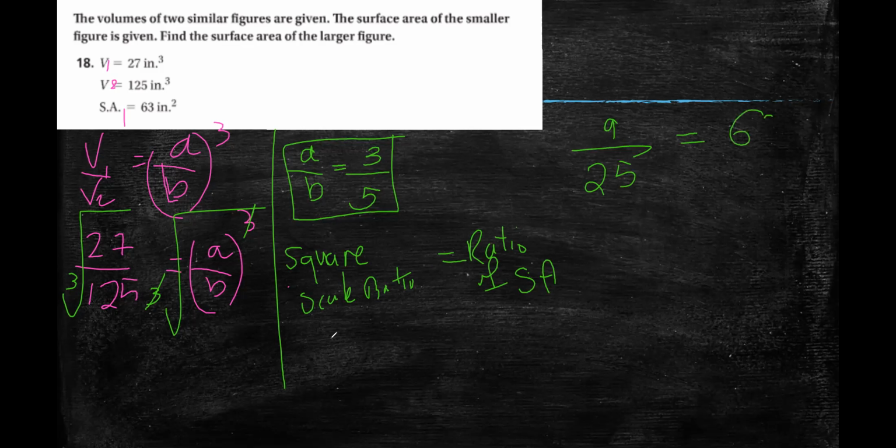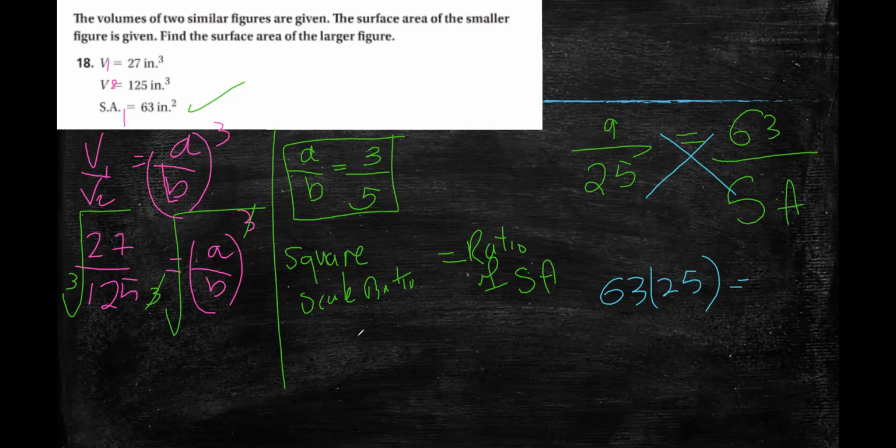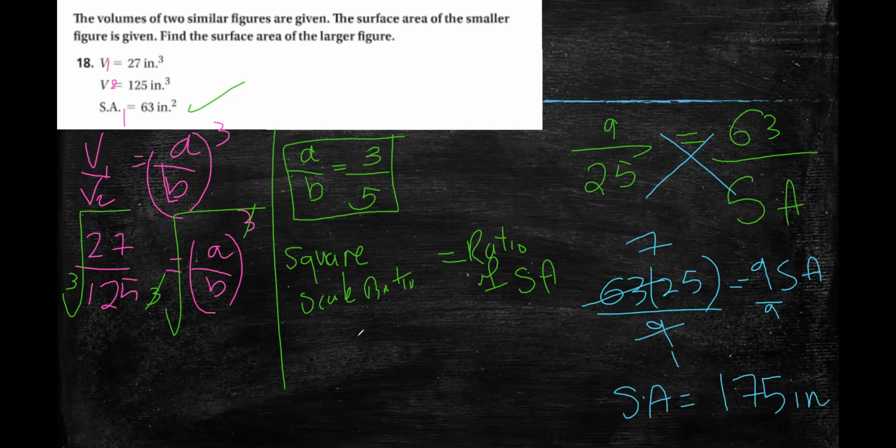The surface area of the first shape is 63, and the second one I need to find by cross product. So 63 times 25 equals 9 times SA. Divide by 9, divide by 9, 7. So the surface area will be 25 times 7, which is 175 inches squared. Teacher, this will be the surface area of the second shape? Yes. Teacher, from where did you bring the 9 over 25? If you square these two